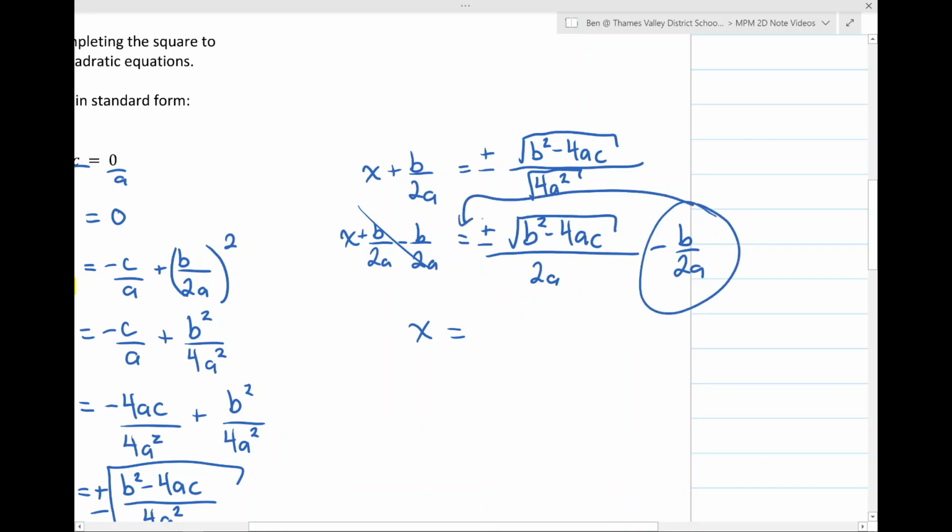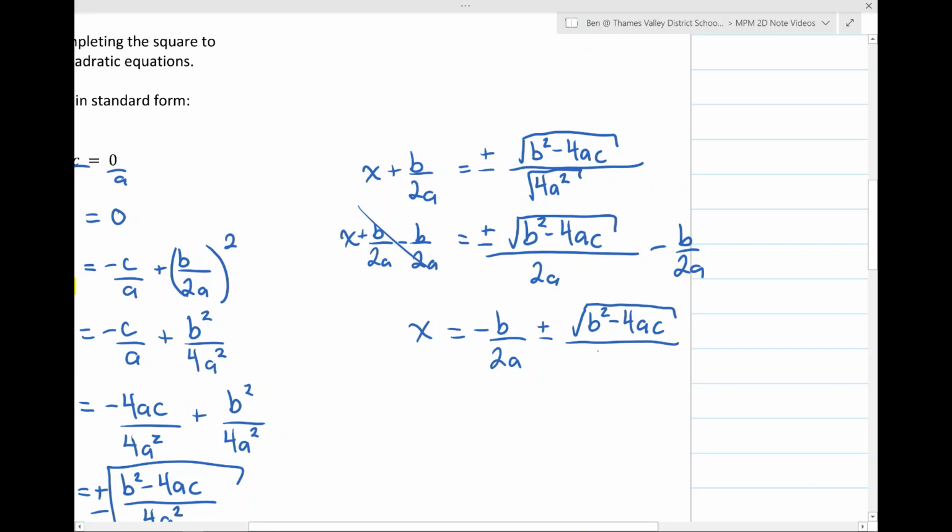So I'll move that over here in front of the plus or minus sign. Negative b over 2a plus or minus the square root of b squared minus 4ac, all divided by 2a. What do I notice here? Both of my denominators are the same. That's fantastic. I can write it as one fraction. So that's negative b plus or minus the square root of b squared minus 4ac